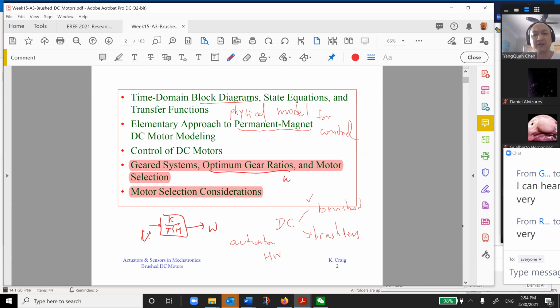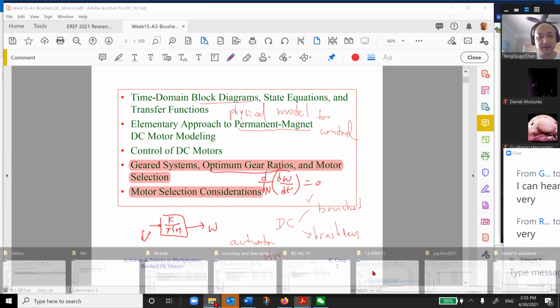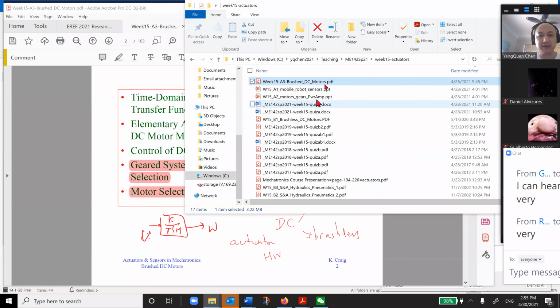The idea is to have d omega dt be a maximum angular acceleration, so we set the derivative with respect to the gear ratio n to 0. Okay, we are going to have that so-called optimal gear ratio. Then we talked about selections, briefly. So that's what we have, and now today we are going to do